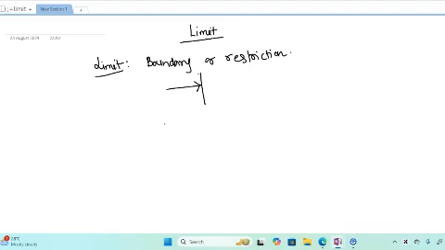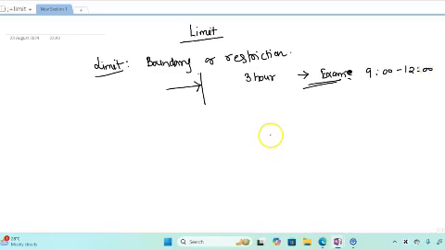For example, you may be allowed to take an exam for 3 hours, right? So the limit of your exam is 3 hours, and that would also have a time limit like 9 to 12 or something. Okay,